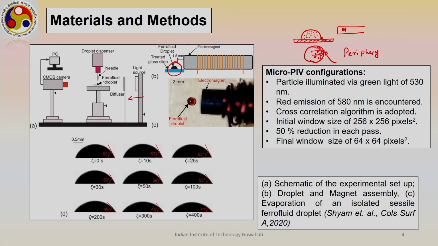So in these experiments we will be using two different measurement methods. First is the bright field visualization to ascertain a qualitative estimate of the droplet flow field and internal hydrodynamics. After knowing the internal hydrodynamical features qualitatively, we will next move to quantify, to predict the quantitative picture through the micro-PIV analysis.